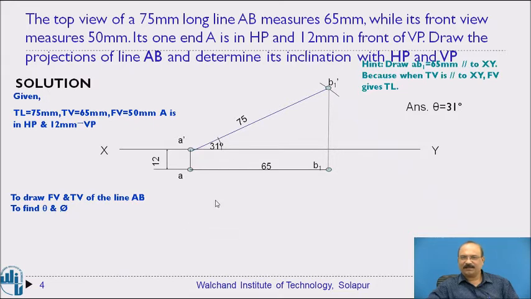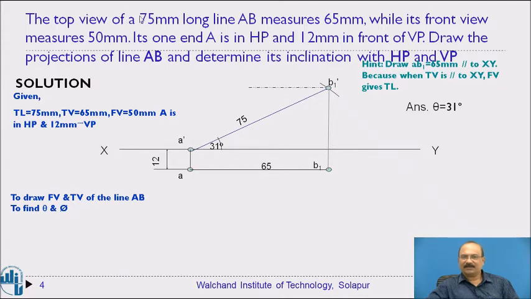So you have to go for the other condition on the top view side. Now from this point, draw the locus of the B point. It is the locus of B point. This line is parallel to the XY line. We call this a locus, meaning this is the position of B at this particular distance from the XY line. After drawing this locus line, we are expected to get the front view line.